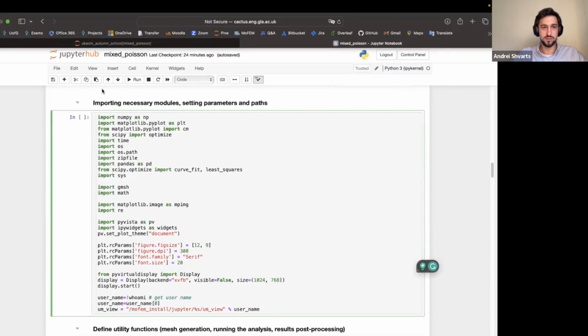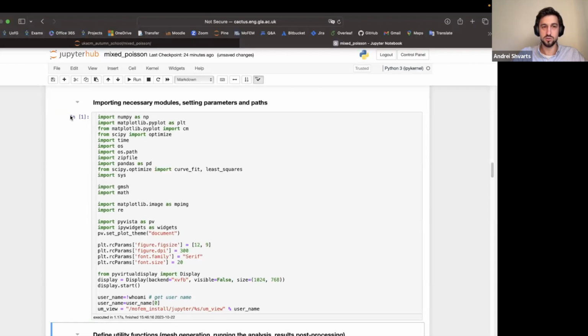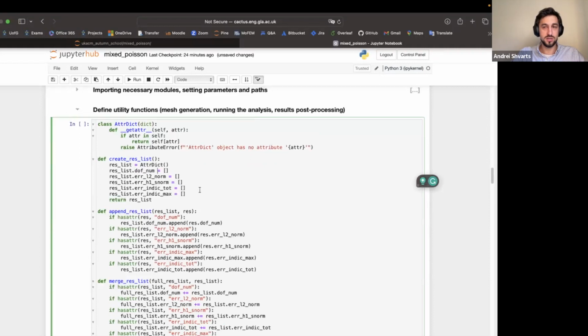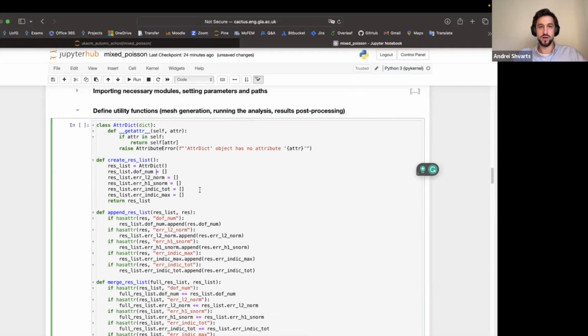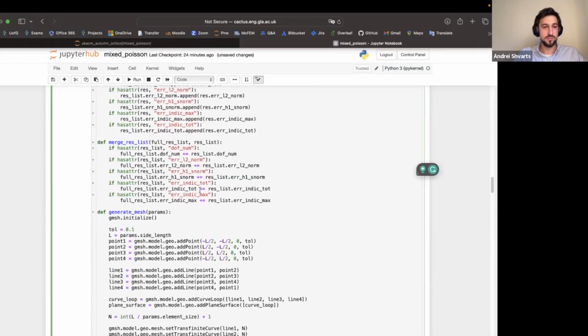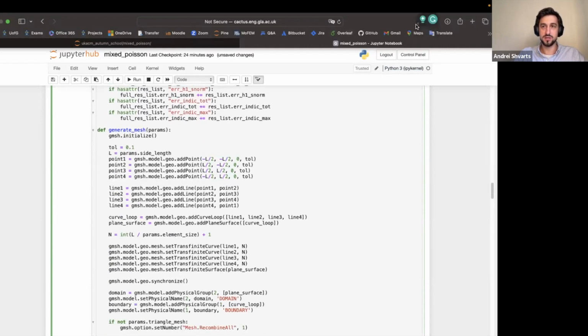At first, we need a cell to import all the Python modules, parameters, and paths. For the simulation, you will just need to execute the cell once. And after that, if you want, you can hide it, because you wouldn't need to change anything here at all. The second cell is defining some utility functions for generation of the mesh, for running the analysis, and for post-processing. And here as well, you don't need to look into it, but if you're interested, you could find some details of how we are using a library gmsh